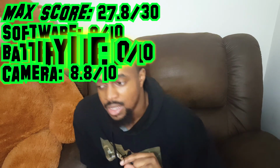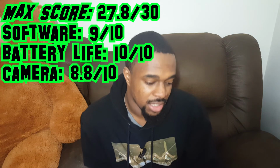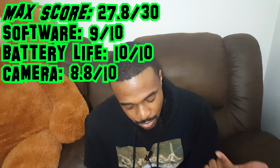So when you add that up, you get a 27.8 out of 30. That is a little bit better than the Honor 6X. So the better overall phone, in my opinion, is going to be the Elate. Although the 6X does have 3 gigs of RAM, it does have a little bit more internal storage. What I base my likeness of the phone on is the software, the battery life, and the camera. And when it comes to those 3 things, the Elate performs slightly better, in my opinion,